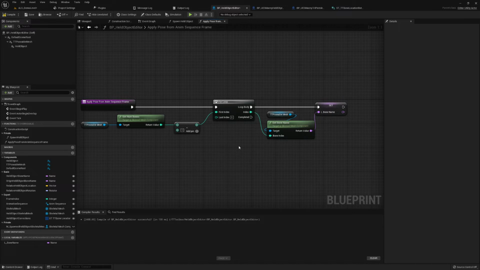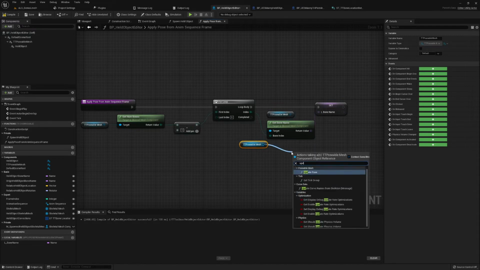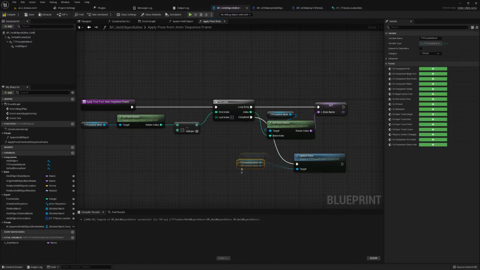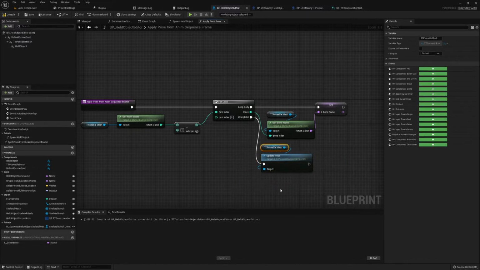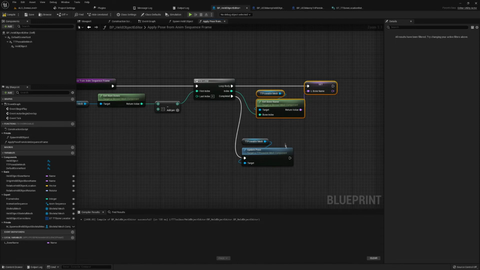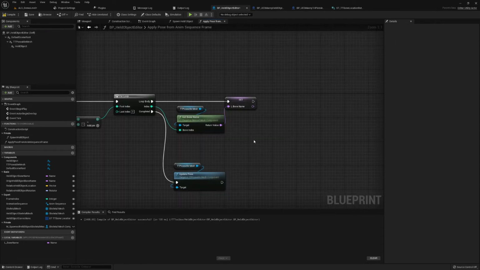So, and if the loop is done, completed, we need to call a function here, which we implemented in C++, so that updates our pose of the skeletal mesh. Make it a little more pretty. So to make it clear, the loop is finished here. And now we need to introduce a new